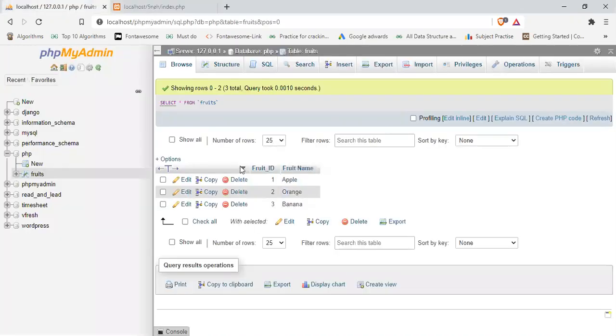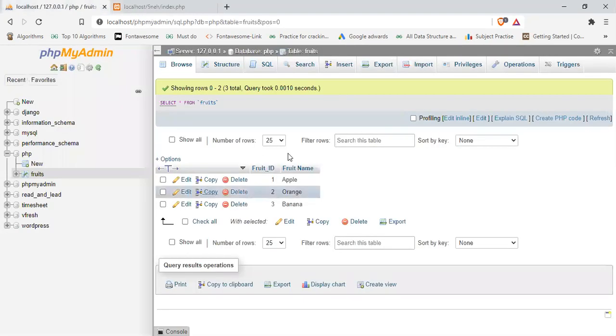Yes, so I'm back on my browser. Let me refresh the page. Yes, our drop down is successfully created. Let me click on the drop down and it is showing mango and papaya. So these are the hard coded values, but we don't want any hard coded values. What we want is that data should dynamically come from this database PHP to our dropdown.